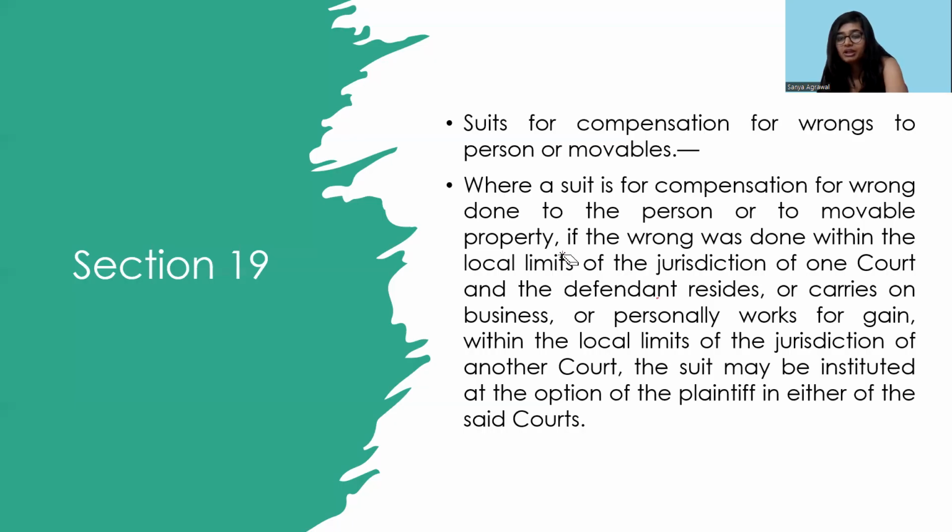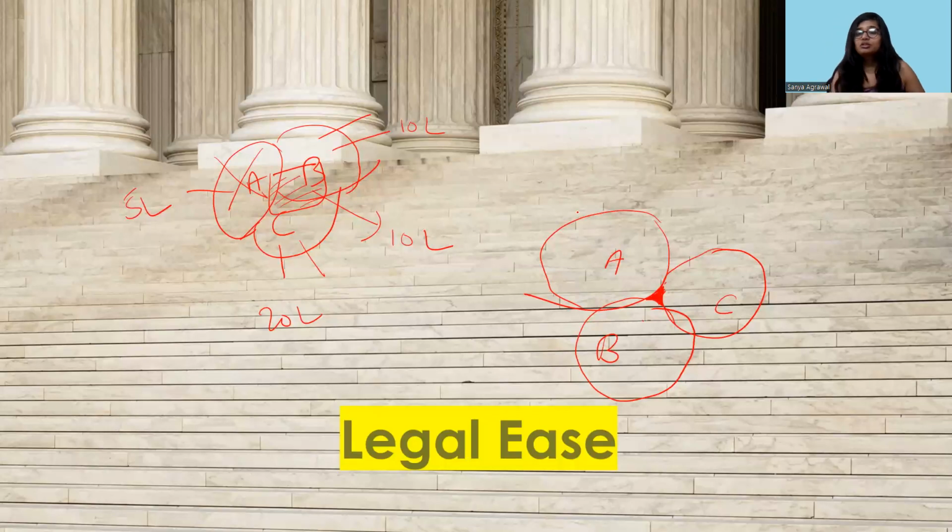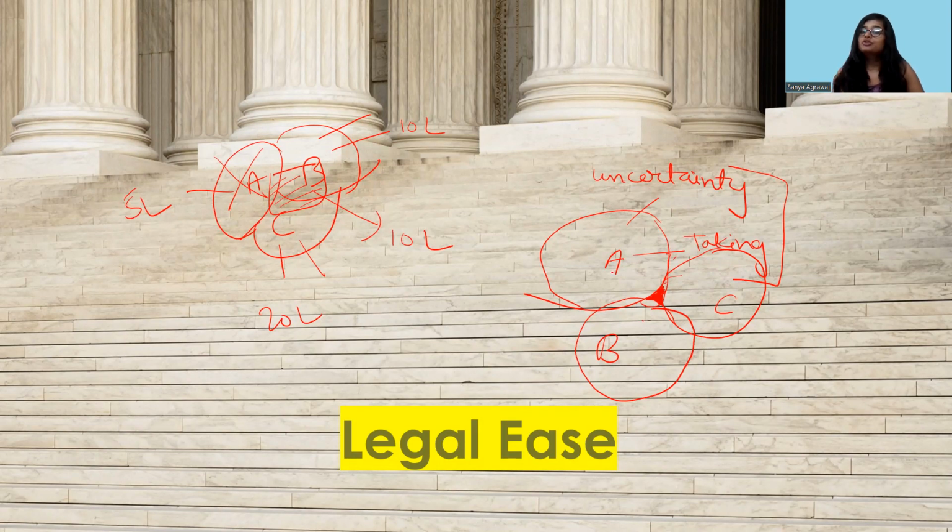asking or requesting court A to determine whether there is an uncertainty or not. This court A will write a statement that there is some kind of uncertainty related to the jurisdiction of the property, and that's why this particular court is taking up the jurisdiction. When this court notes down such a statement and takes the jurisdiction of the property, then it will be assumed that this particular property comes within the jurisdiction of court A. Similarly, if you are going to court C and court C writes down this, then also it is possible. Same for court B. So you can go to any of the courts, and these courts can write down